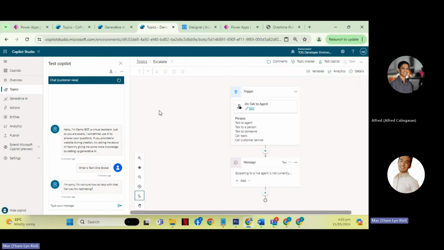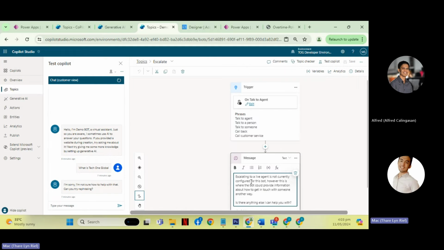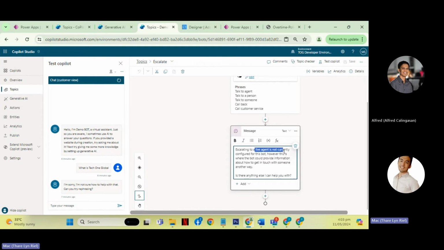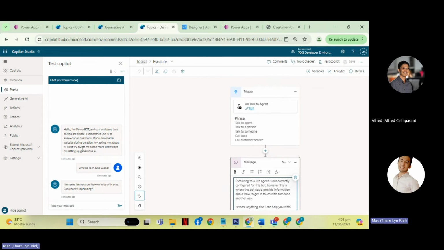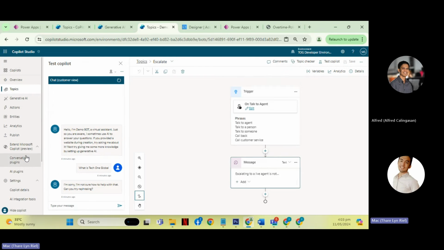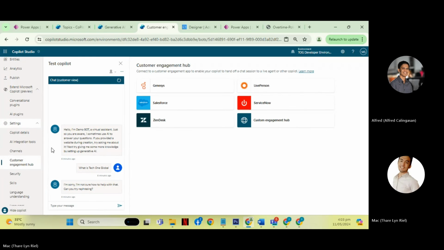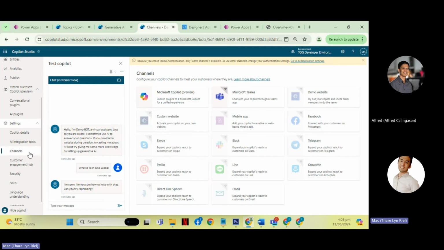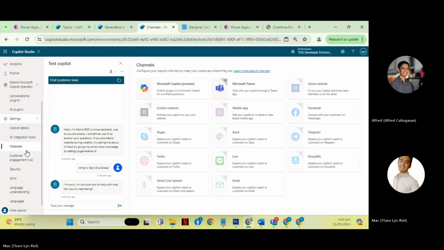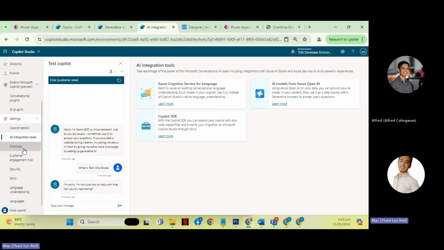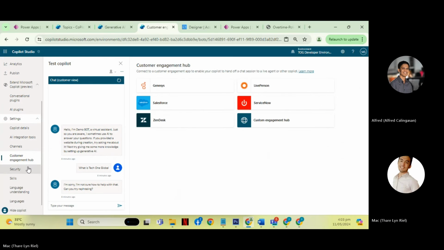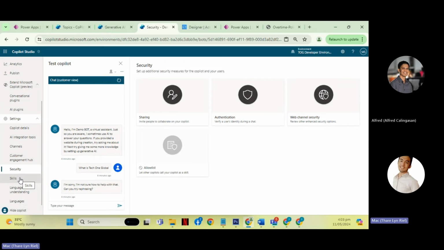It will escalate to the agent ideally, but right now the Copilot is not set up for that. It's not really configured for this bot. But it is possible to do that in the channels, by some tweaking and configuration, you will be able to escalate it to an agent.